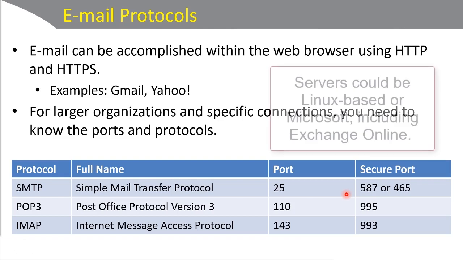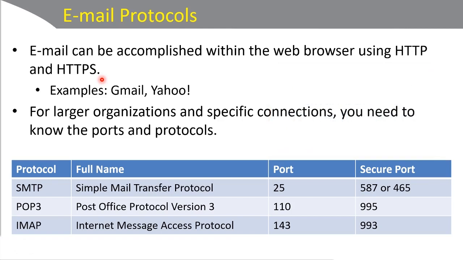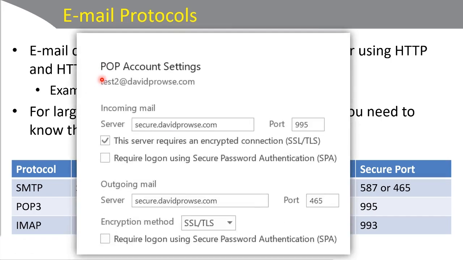On the server side, there are several options available, including Linux and Microsoft Exchange, which can handle SMTP, POP3, and or IMAP, as well as HTTPS connections from web browsers and from mobile devices also by using Exchange ActiveSync, which is part of Exchange Online. But configuration of these email servers goes beyond the scope of the A+ exams. It's these ports and protocols and setting up these ports and protocols that you need to know. So let's take a look at an example of an Outlook